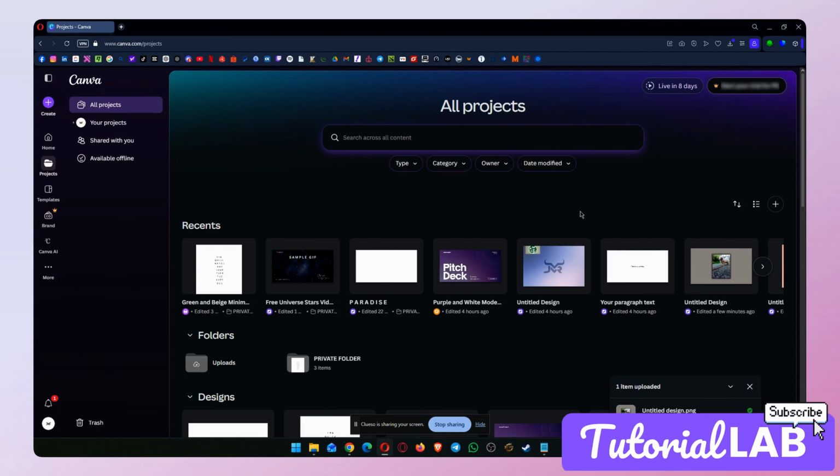And that is how we transfer old projects to a new Canva Pro account. With this method, we can keep all our important designs in one place without starting over,